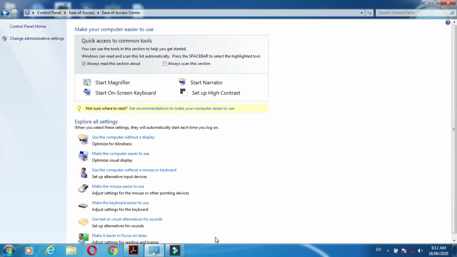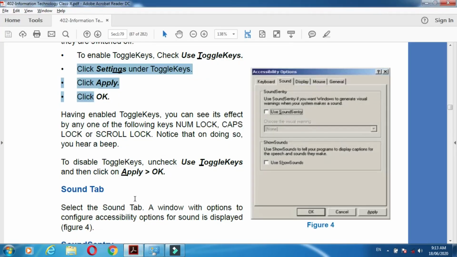In this way we are applying toggle keys. The sound is emitted when we press a key. If we press the scroll lock key on the keyboard, a beep sound is emitted. Again we click the caps lock key.